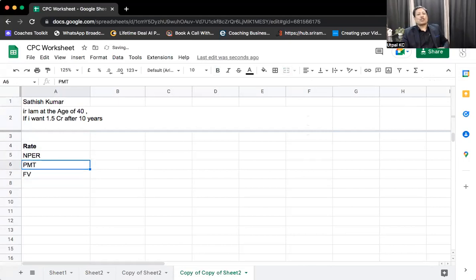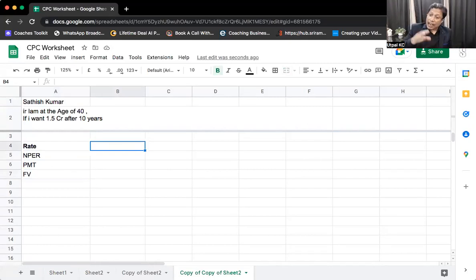Now Satish Kumar, you need to be with me. What do you think? First, what do we have to find out in this case? Everybody look at this: how to set goals. Again, we are going to discuss it on Sunday, but since this question is there, I'm going to answer. So we need to find out rate first. After that, we will decide the second step, right? Are you with me, Satish Kumar? Okay, fine.